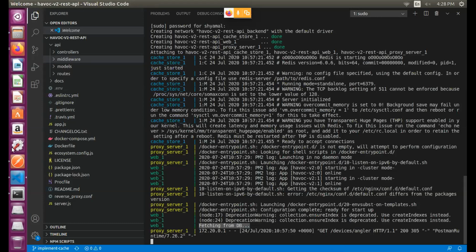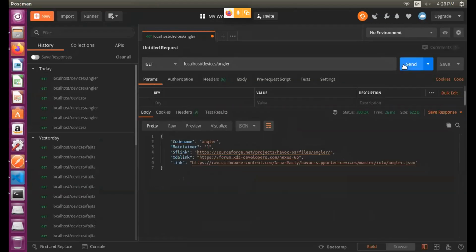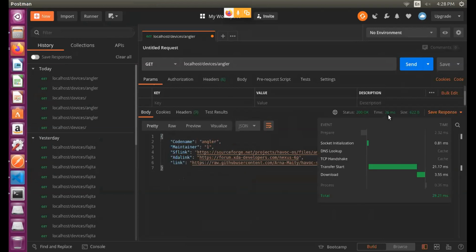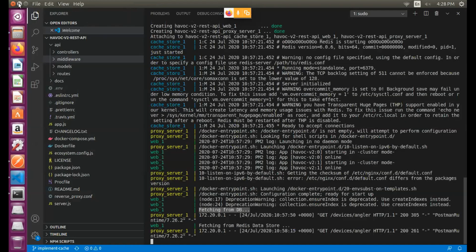But if I request a second time, it has been reduced to 26 milliseconds. So a huge performance improvement. For the second request, it fetches from the Redis data store, which stores the data for only 1 hour. After that, the data expires, and if you request the same data again, it goes through the same process: it goes to the DB, stores it in the Redis data store, and then gives the response. So this is it.